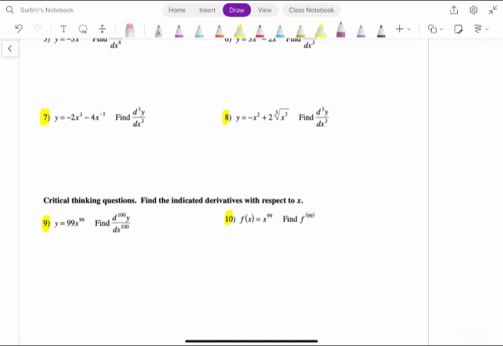Let's try number 7. Again, they are asking for d cubed by dx cubed. So third derivative. We will do the same drill. First prime will be negative 6x squared, drop n minus 1. Now negative and negative will become positive, right? So plus 12x to the power of negative 4 because negative 3 minus 1,